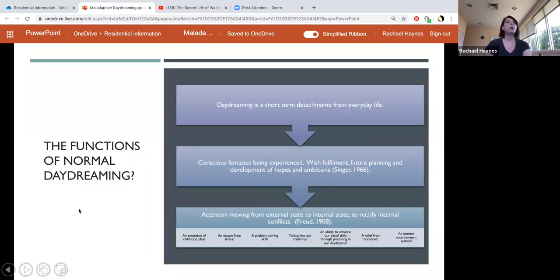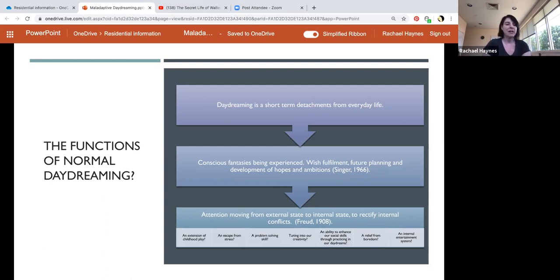So when we think about daydreaming, we have to differentiate between normal daydreaming and maladaptive daydreaming. So I'll begin by talking about the functions of normal daydreaming. Now, pretty much everyone daydreams. It would be highly unlikely to come across a person who doesn't have an inner monologue. You know, that conversation with themselves where they role play things and they plan and they work through ideas